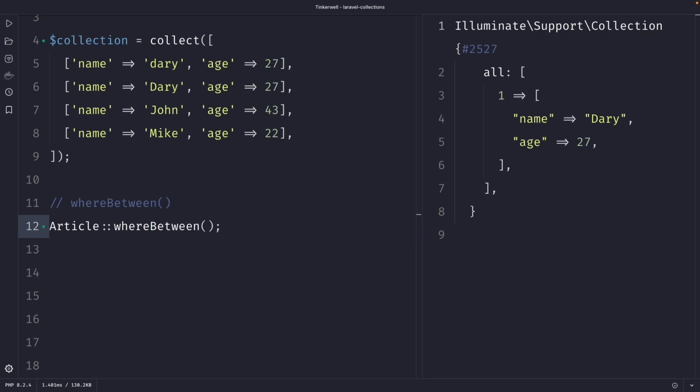The first argument is the key of the item of the collection that you want to filter by. So let's say the minutes to read column, where the second argument is an array that contains two values, the minimum value and the maximum value. So let's say 5 and 9. Now finally, let's not forget to chain the get method to it. All right. Now this command right here will retrieve all articles where the minutes to read column has a value